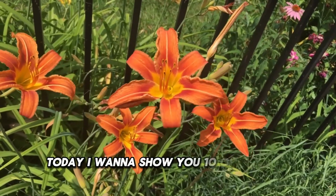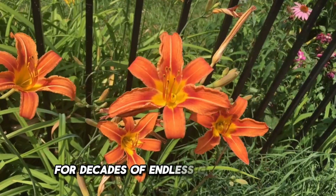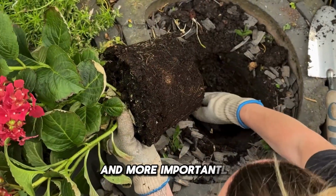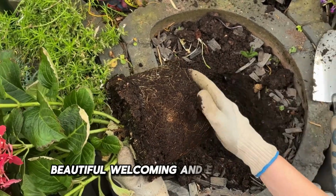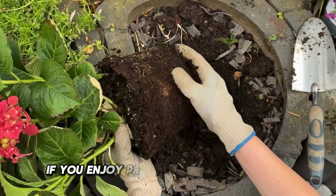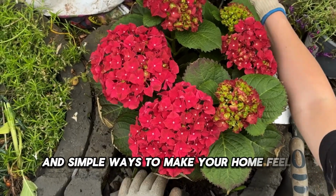Today, I want to show you 10 of the best perennials you only need to plant once for decades of endless garden color, and more importantly, how they can help you create a space that feels beautiful, welcoming, and easy to love. If you enjoy practical decorating ideas, natural beauty, and simple ways to make your home feel more special,